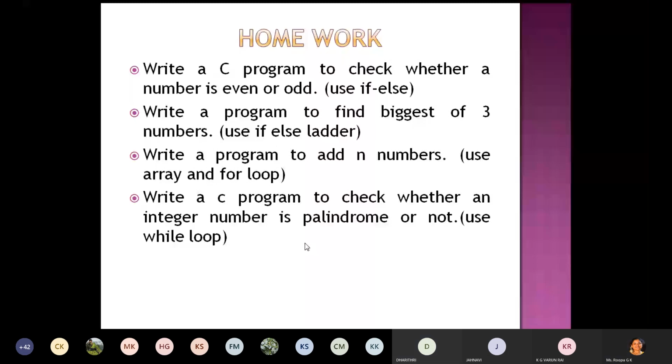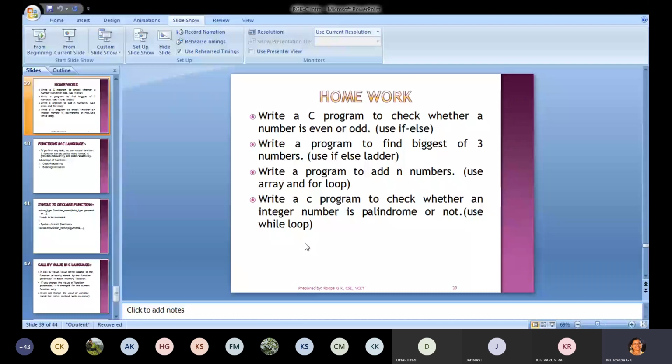Adesh, visible now? Slide is visible, right? Yes. Okay. Adesh, present, ma'am. Adarsh, present, ma'am. Adarsha P, Aditya, present, ma'am.